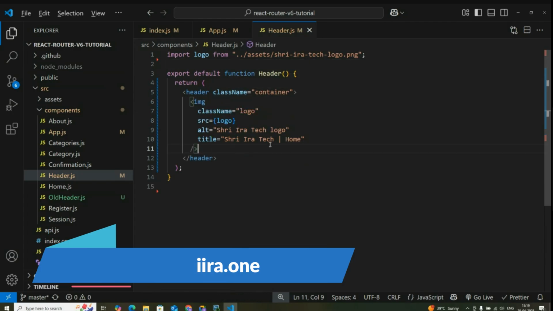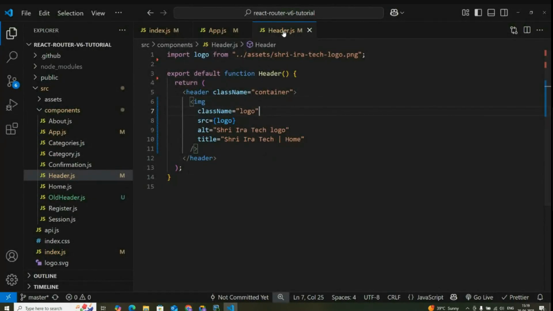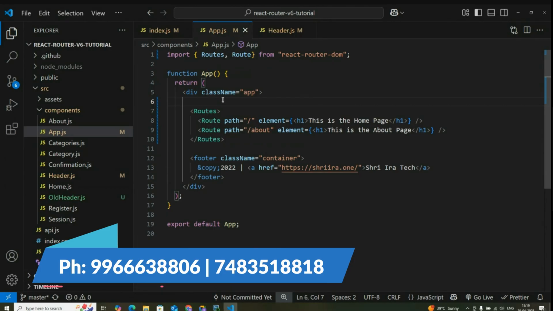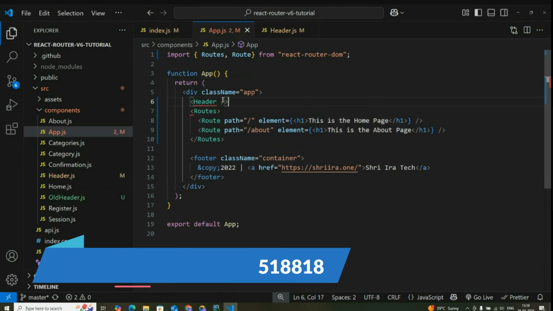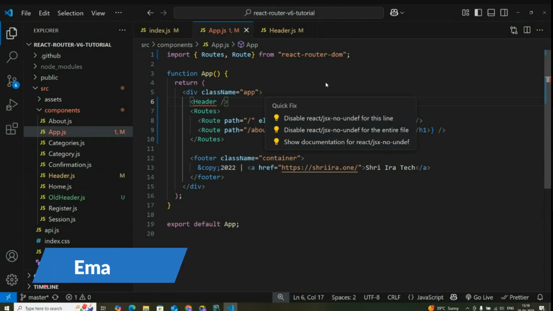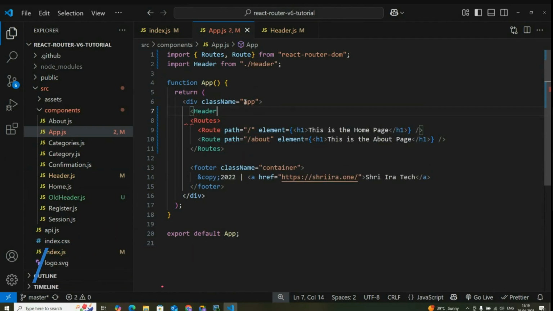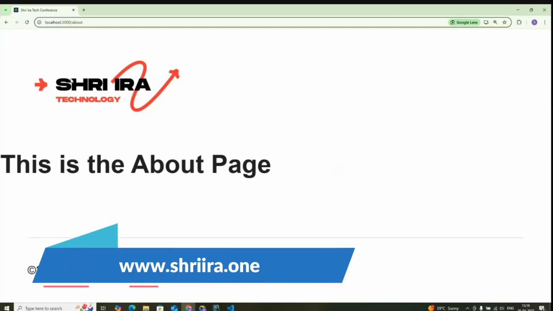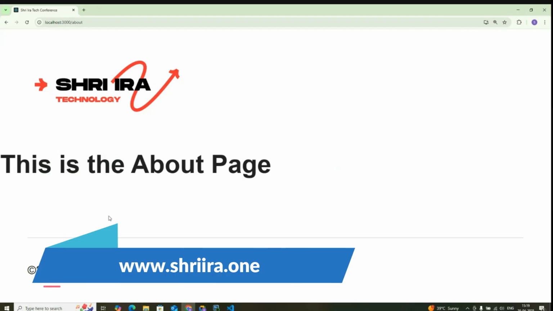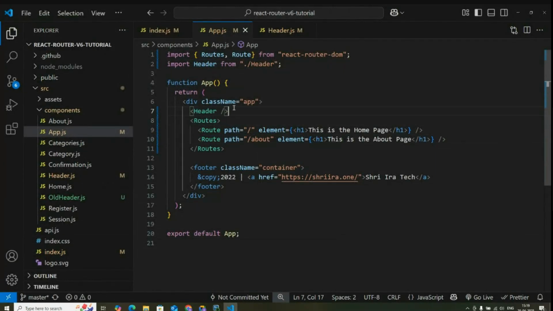So now we have extracted the header component into a separate component, but we have to use this header instead of the previous lines. This header we need to import from our header file. So we have it and we have the header. This footer we can leave it for now. And this body,